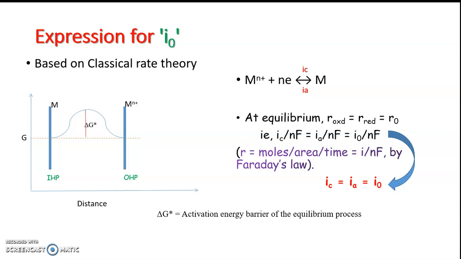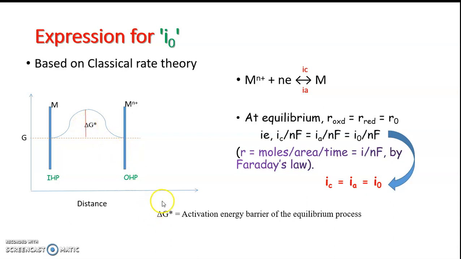Now we are going to find an expression for exchange current density. We all know the reaction rate theory in kinetics. There is an energy barrier between reactants and products when a reaction is taking place. Similarly, here also, when a metal goes into solution and for the reverse process, it has to cross over an energy barrier,